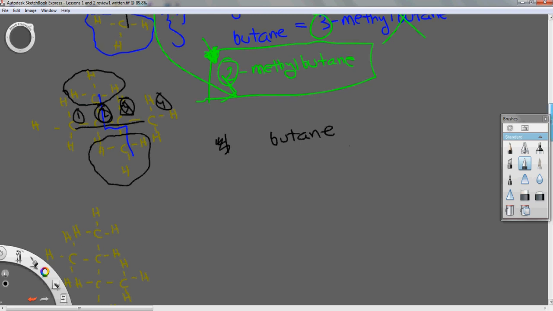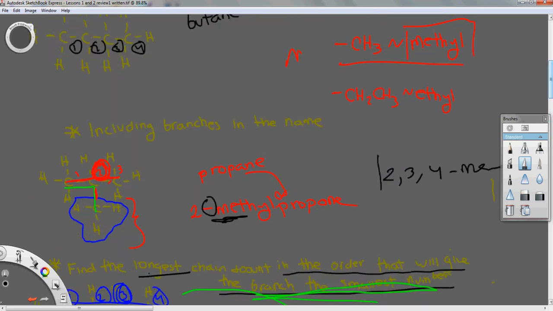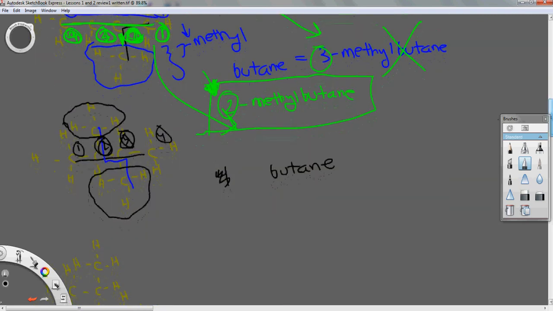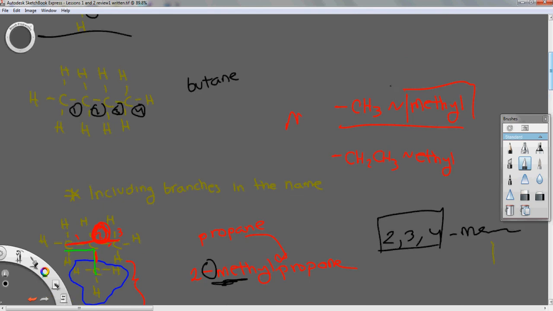As I wrote up here, you put commas between numbers, and in order to assign all the branches, you just put all the numbers, so 2, 3, because we have a branch off the number 2 and a branch off the number 3, hyphen. If you have 2 of the same branch, in this case, we have 2 methyl group branches,